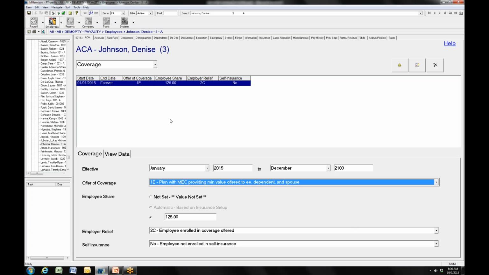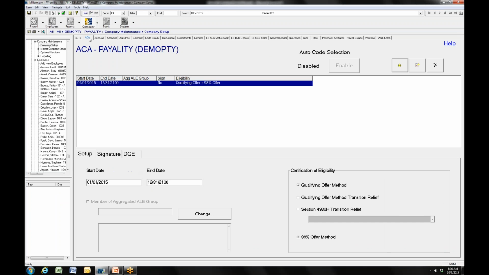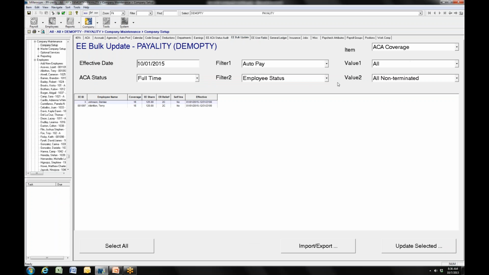So let's go ahead and take a look at how that looks. So right here within the company, there's the ACA tab, and we'll go over that, but here's the employee bulk update. What's happened is, previously you did the status, now you can do coverage. And the beauty of this is that you can filter things for a specific date. You can set effective dates. So if we want to do this for this year, let's say,